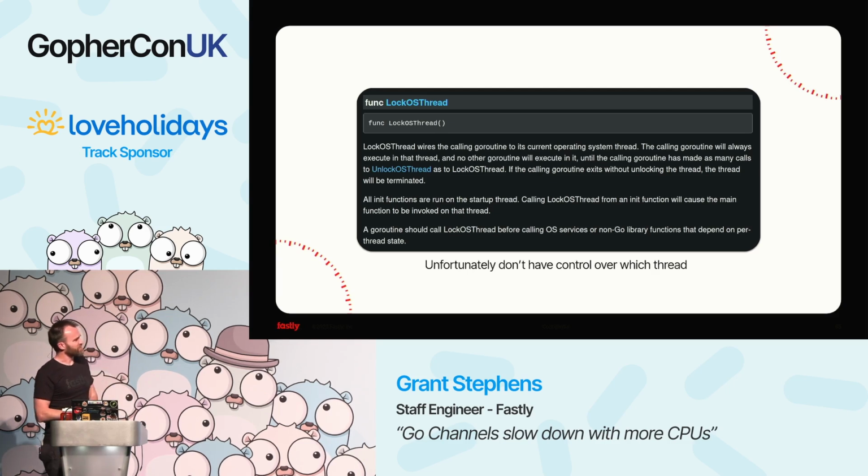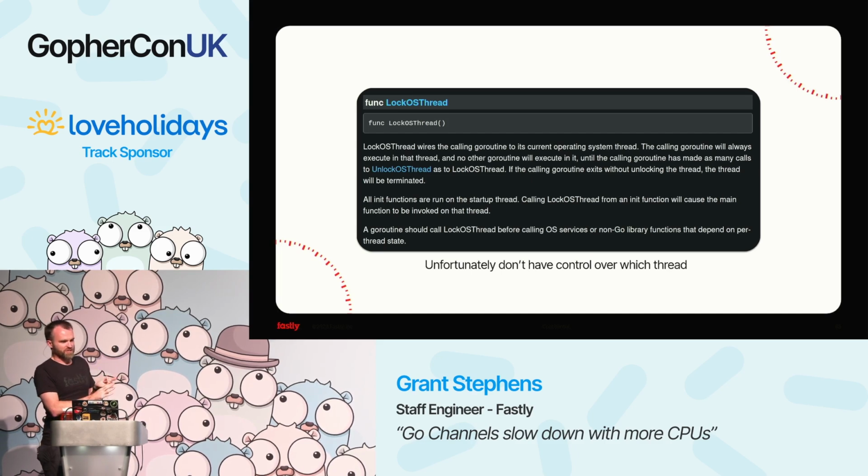Something else which we played around with, which was probably a bad idea, but it was fun to try, is runtime.LockOSThread. The idea is that you can take a goroutine and lock it to a specific thread, so it doesn't jump around again. Now, there are a few problems with this. You can't specify what thread. Ideally, you'd be able to say, the thing that's sending messages on the channel is on thread X, and the thing that's reading messages is also on thread X, so it's just a direct line between those. They don't have to jump between threads and fight for contention.